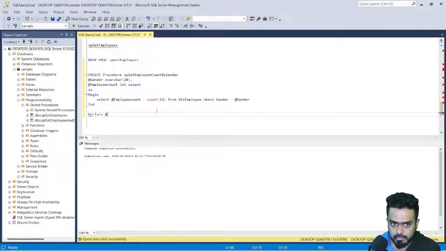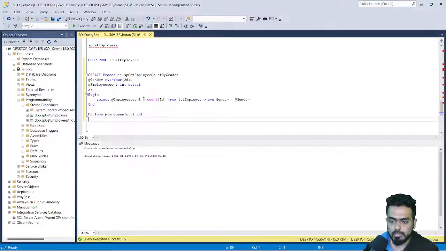So declare employee total as integer. So this has to be the same. Whatever data type you have declared, the same data type should be here. Okay, so then execute